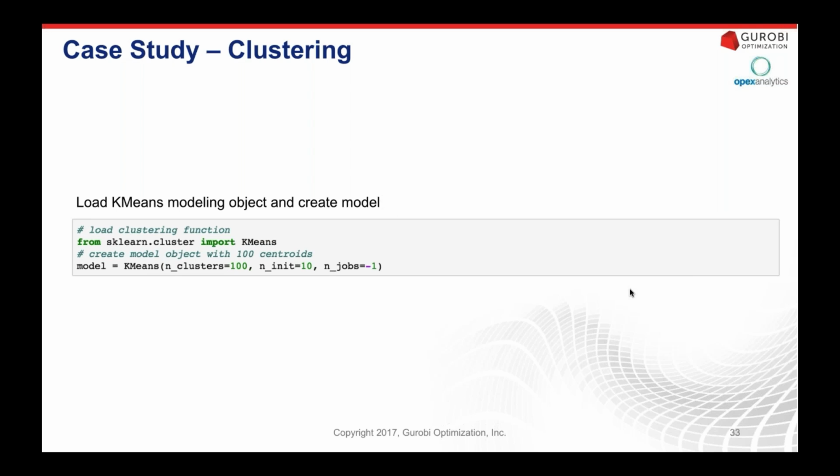Our final argument here is n_jobs equals -1. One of the nice things about a lot of machine learning algorithms, especially the scikit-learn library in Python, is that many of them can be thought of as a combination of a lot of smaller models that can be computed in parallel. As a simple example, these 10 different initializations are completely independent of one another. Because they're independent, they don't need to be run sequentially, so we can run them in parallel if we have that capability. Scikit-learn gives us that capability.